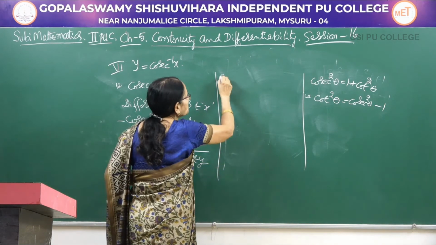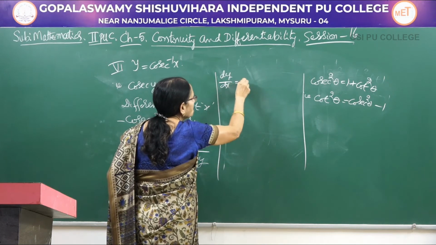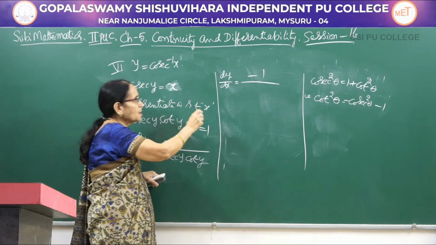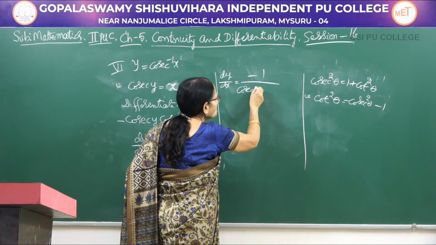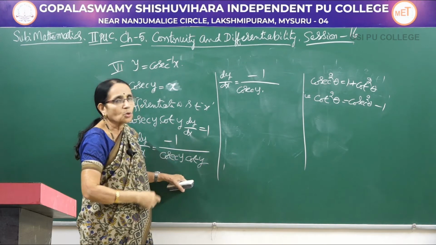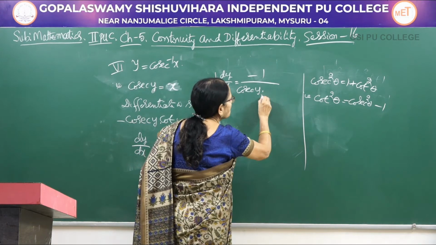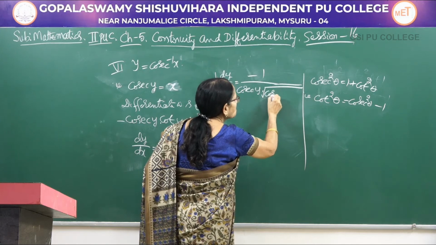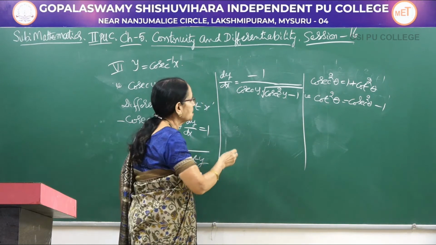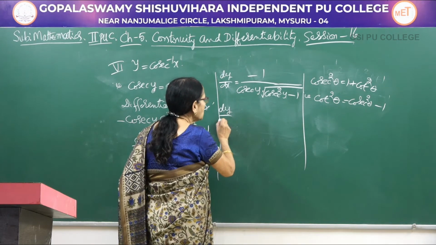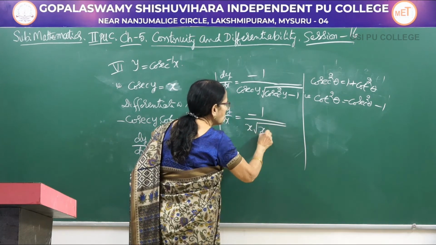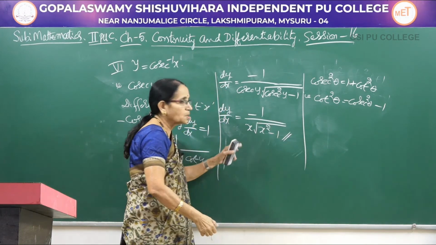So, what you have here, first write dy by dx, that is equal to minus 1 divided by cosecant y, as you know, is equal to x. So, I will write cosecant y as it is, but this cot y should be written using cosecant y. For that, now I make use of this identity. It is square root of cosecant square y minus 1. In the place of theta, I have written y here. Now, it is clear, dy by dx would be equal to minus 1 divided by x into root of x square minus 1. That is what I told you.